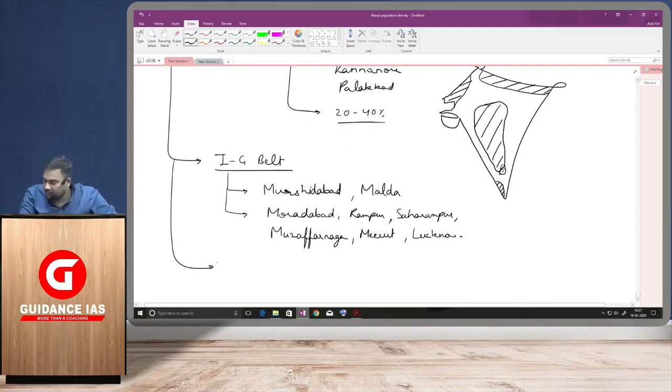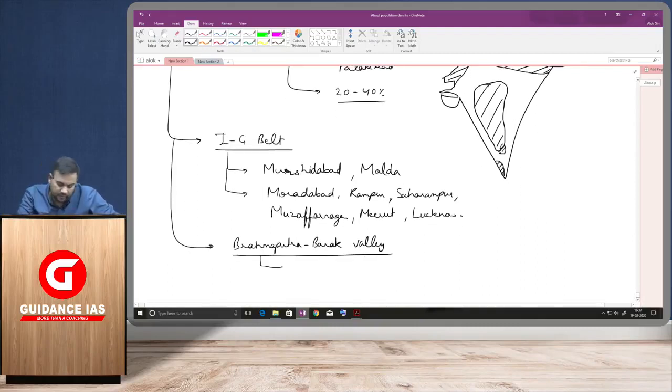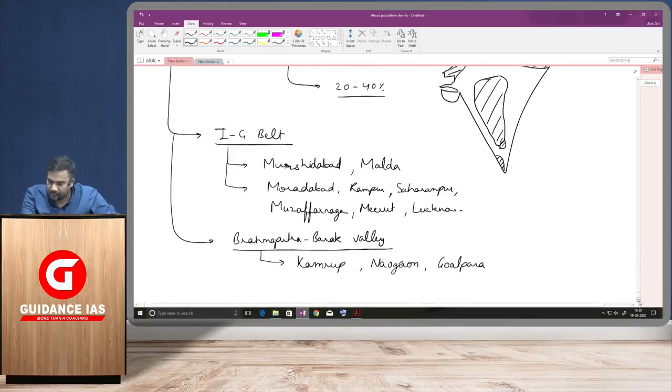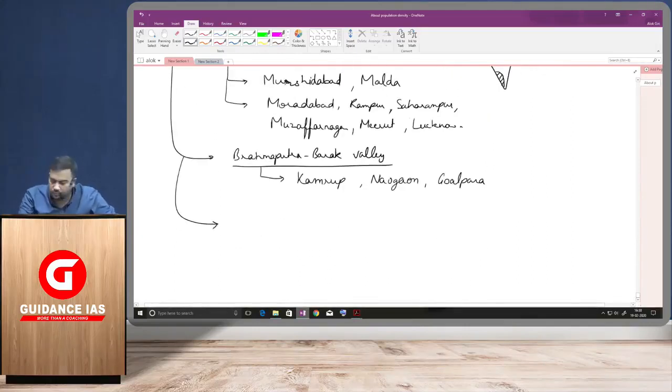Then others like, for example, Brahmaputra Barak Valley. Brahmaputra Barak Valley also it is there. Like for example, concentration was found to be high in some of the districts like Kamrup, Naugaon, Goalpara. Then if you talk about the Deccan region, another area where it spread as a result of the hierarchical diffusion was the